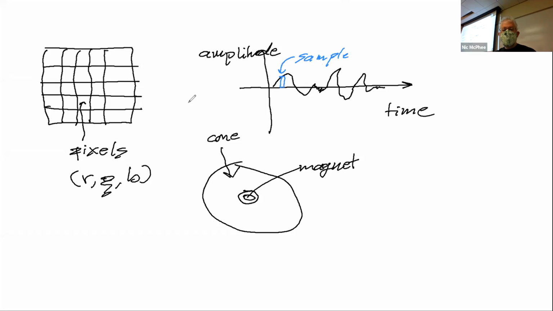And in the same way that a pixel is a discrete chunk of an image, a sample is a discrete chunk of the sound wave. So the sound wave's actually continuous. It has arbitrary resolution, up to the resolution of the tools we're using to record the sound wave, but that's not our problem. And so we're going to go in there and we're going to grab a specific chunk of it,